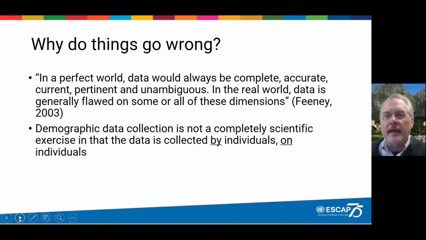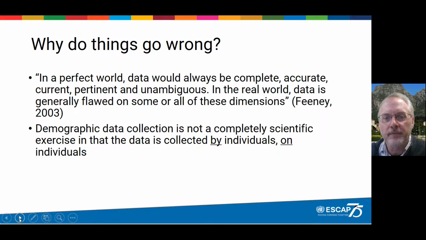Griff Feeney, a well-known demographer, noted, "In a perfect world, data would always be complete, accurate, current, pertinent, and unambiguous. In the real world, data is generally flawed on some or all of these dimensions." And really the purpose of today's section, part 2, section 1, is to explore the dimensions under which those data